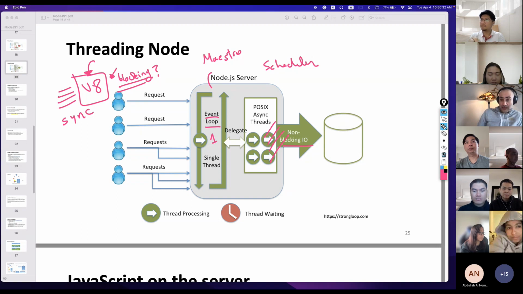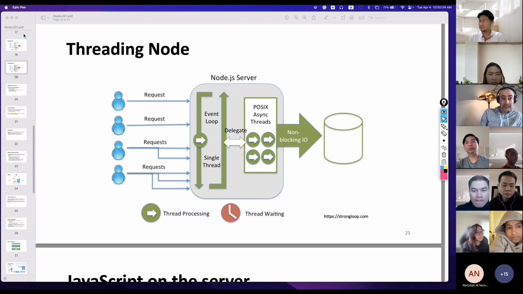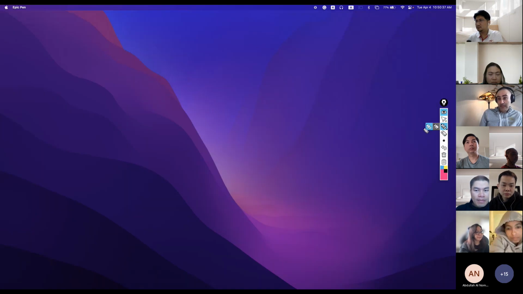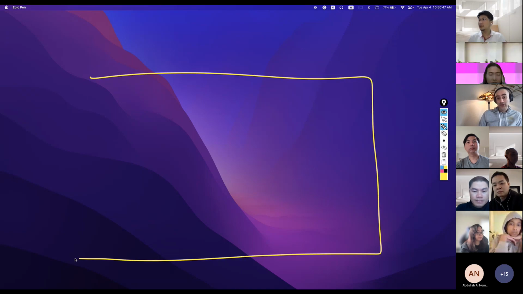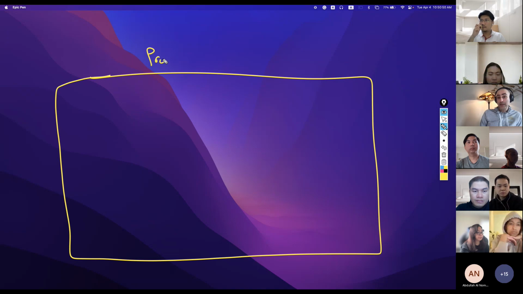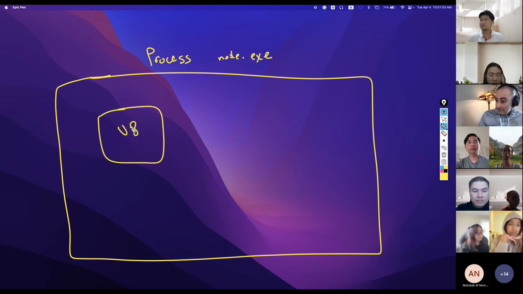So if we want to look at how really a Node server is designed, we will see something similar to what we learned yesterday in the browser. Every single time you run Node, you create a process in memory. And this process, this is Node.exe. And this process has some threads inside. One of the threads is V8. And inside V8, inside the Node process,